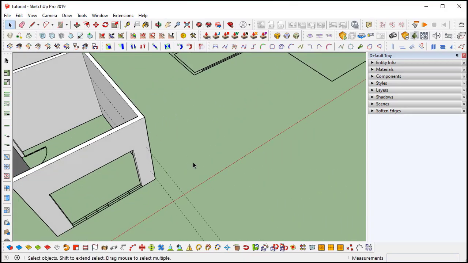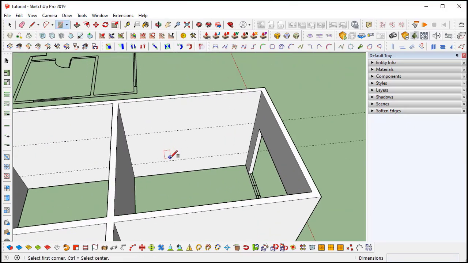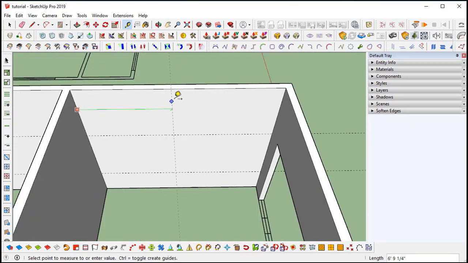See, I'm going to explain one point here: arrow commands on the keyboard. If you use the right arrow key, it will be fixed to the x-axis. The left arrow key, it will be fixed to the y-axis. The up arrow key for the z-axis. So just like that, I have fixed that direction too. I will take a reference in the middle and I will use 3 feet in the opposite direction for creating the window.